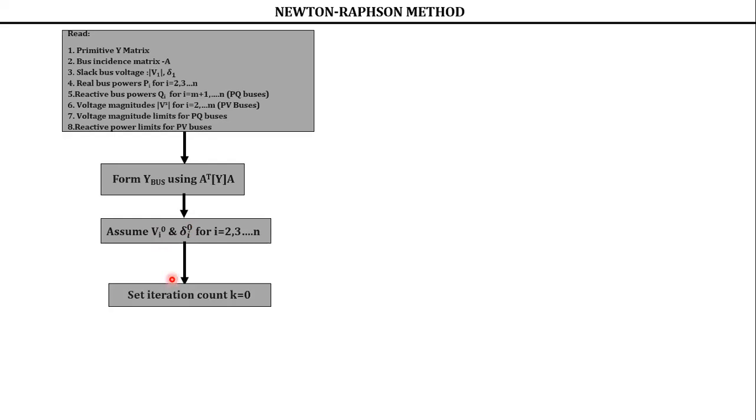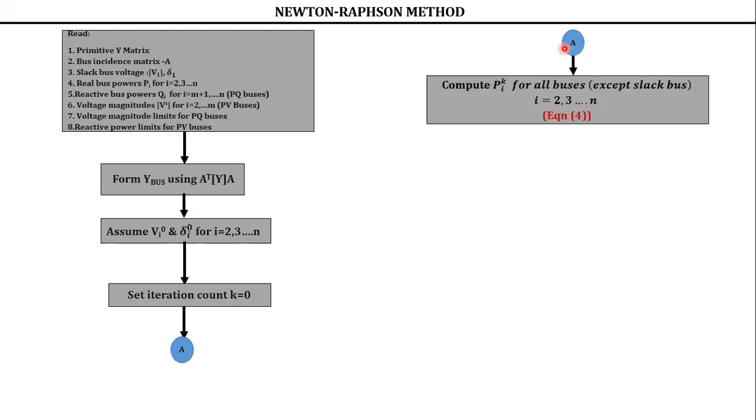So don't assume it. This step is also similar to your Gauss-Seidel. Now set the iteration count. In Gauss-Seidel we have taken r equal to 0; here we are equating it to k. That is the only difference. Till these 4 blocks, it is the same for Gauss-Seidel and Newton-Raphson. Now here, it is going to change. So this is going to A. Because I don't have space, I represented A, which means it is a continuation. Otherwise, you can write it continuously one below the other in your test or examination. So it will continue. Now set iteration count k equal to 0.